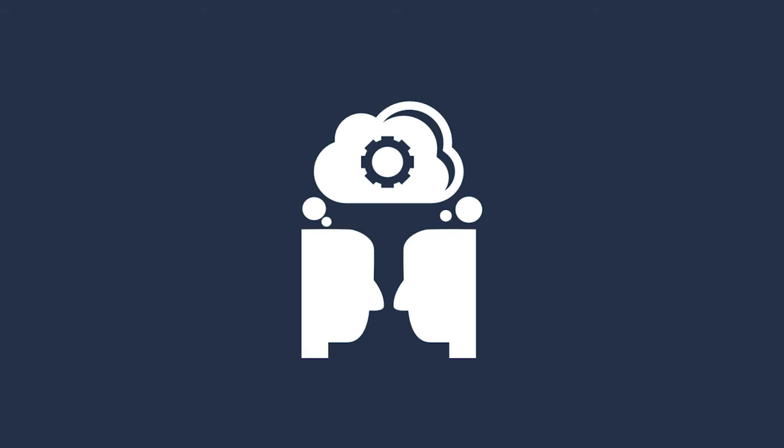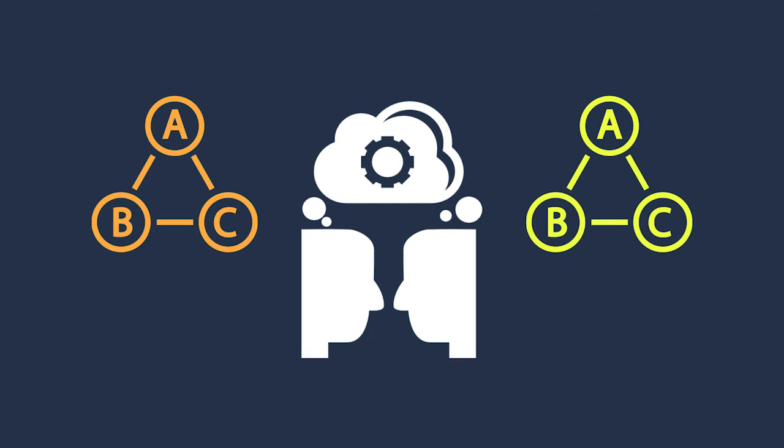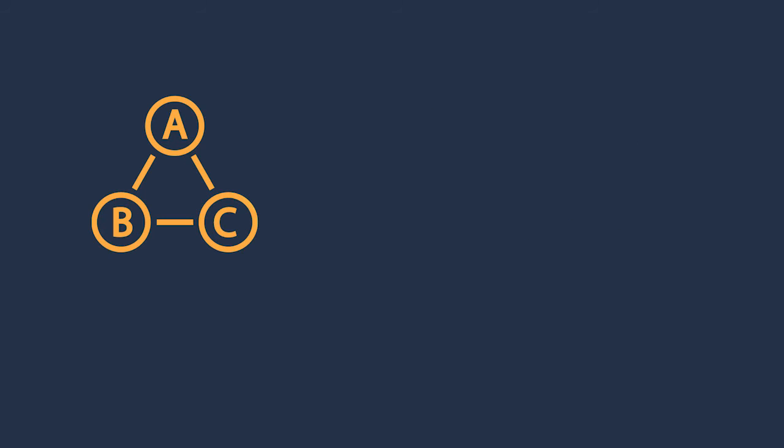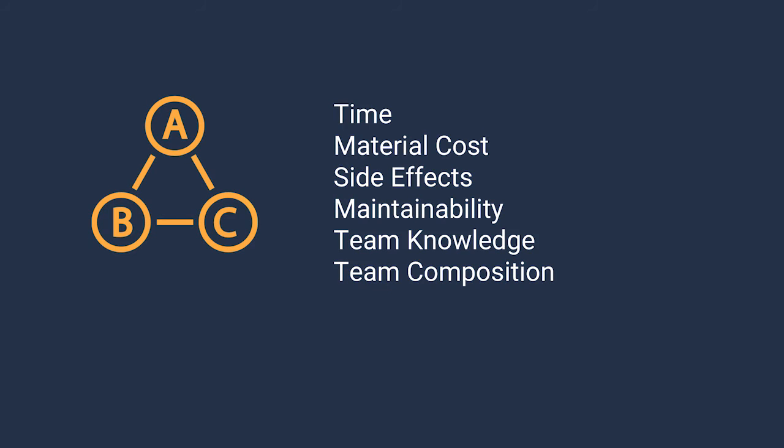When two developers discuss how to solve a specific problem, they're comparing and contrasting multiple models. For one, they each possess a different understanding of the problem that needs to be solved. It's not difficult to imagine that two people tasked with solving the same problem might have different views of the precise nature of that problem. Additionally, they might each possess their own understandings of how the problem can and should be solved. Their models of the solution will take many things into account, including the amount of time it would take to implement, the cost of materials, side effects of their proposed solution, and more.